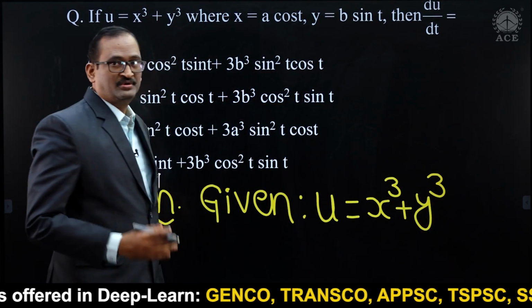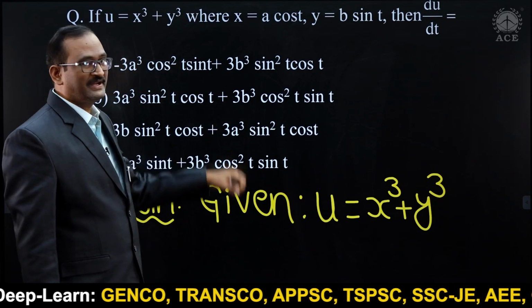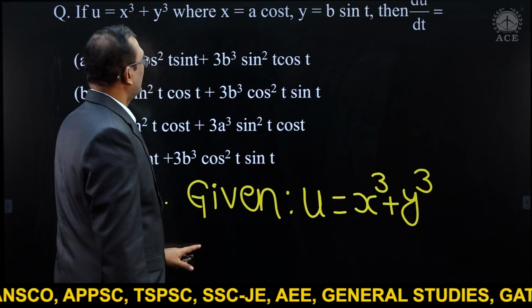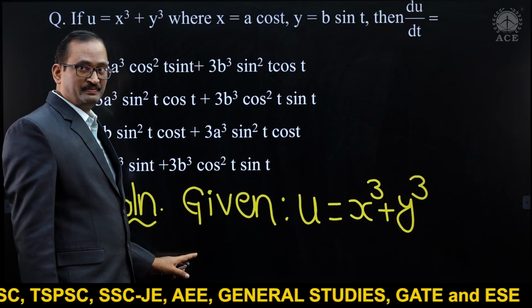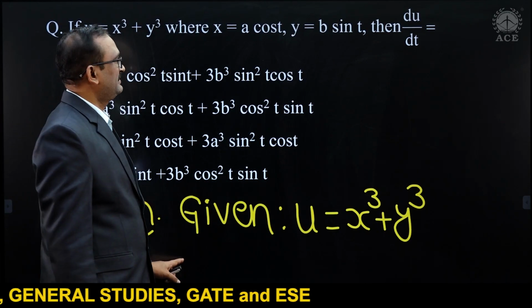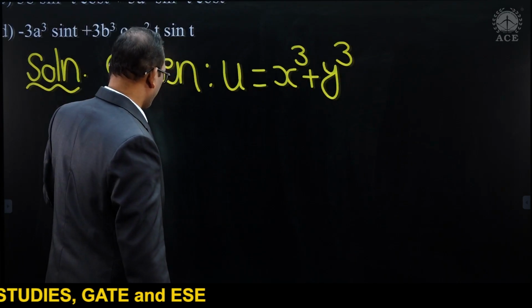What is x value? a cos t. What is y value? b sin t. So I would like to substitute x value a cos t and y value b sin t, followed by we need to find du by dt. X value a cos t